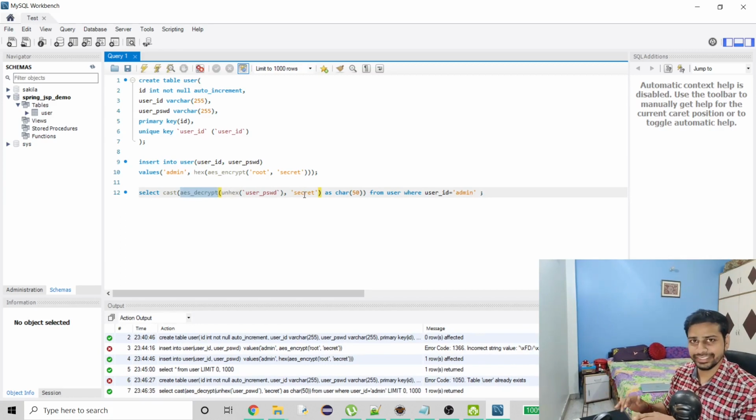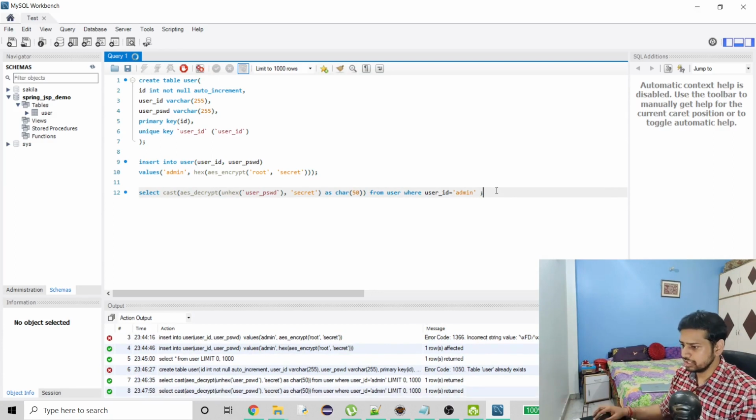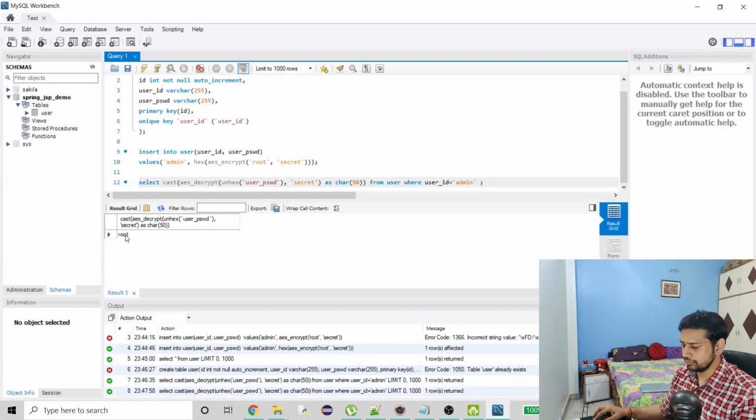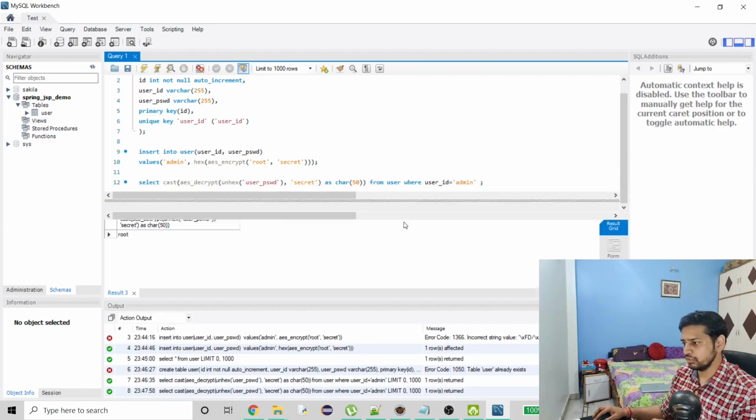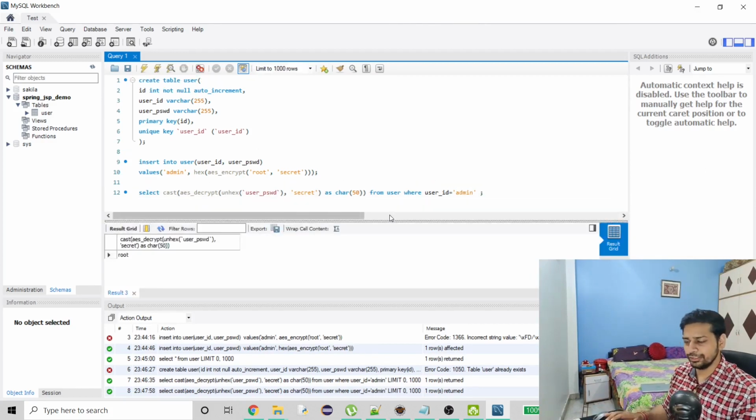It doesn't give a simple string. So again I could have done hex, but you should know more options or more ways to do it. So here we have another function called cast, and here we are just casting it as char. So if I execute this query, the output will look like this, and this is the required output that we want. So this is the entire process related to the database. I hope this was clear. If not, do let me know in the comment section.